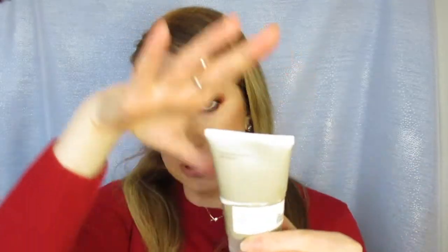I definitely had to double cleanse with this. This was not doing a lot of heavy lifting, from my perspective at least. So yeah, it was fine. And this is only the mini of it. You can get a much bigger size of it, just not for me. So that's the Squalane cleanser from The Ordinary. The next one from The Ordinary that came in the same set is the Natural